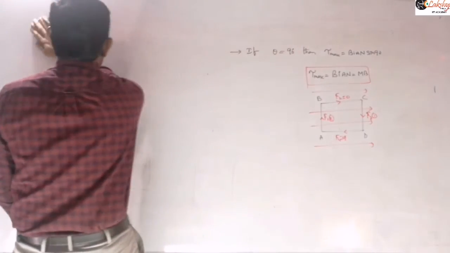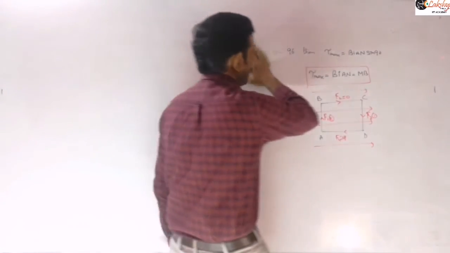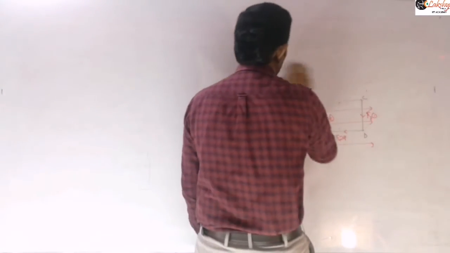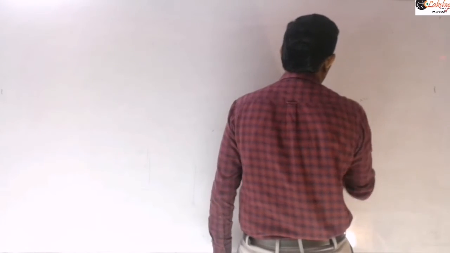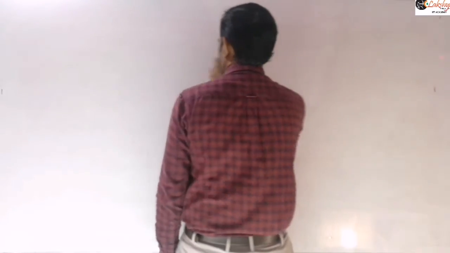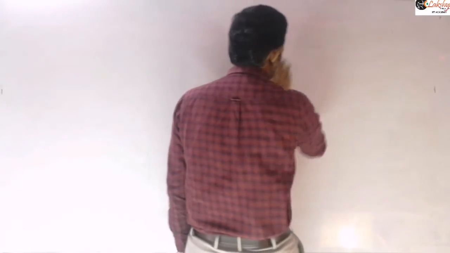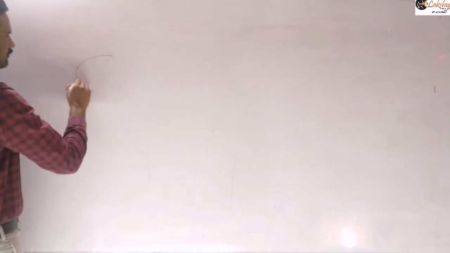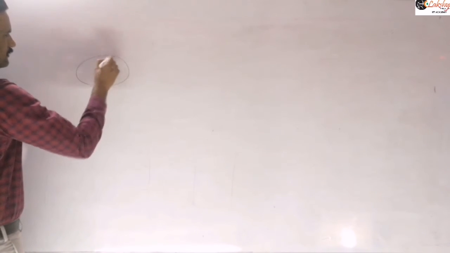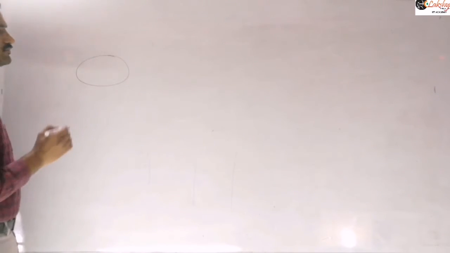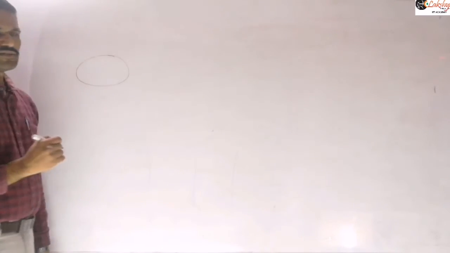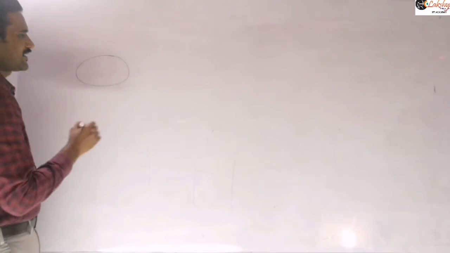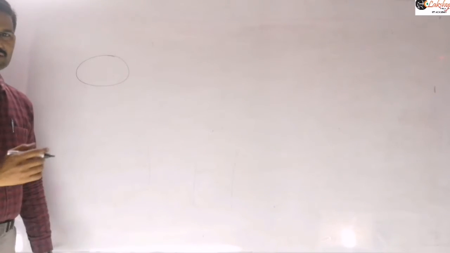Before going to the discussion based on this magnetic moment, let us see a few problems based on this torque calculation. After that we will discuss more about this magnetic moment, capital M value. So let us write a simple problem based on this. A current carrying loop is placed on the horizontal surface.